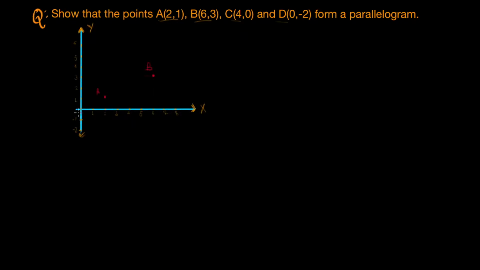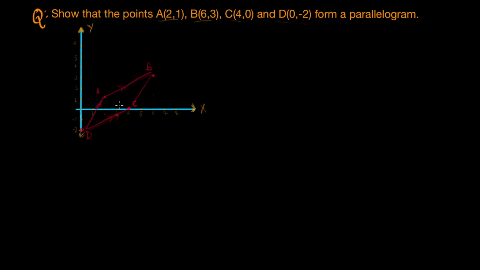For C, we do the same thing. We go 4 units along the x direction and 0 along the y. That leaves us right at the x-axis, and this is point C. For D, we go 0 units in the x direction, so we don't move in the x direction. We just move in the y direction, but in the negative. So we go 2 units below the origin, and that is our point D. The parallelogram they asked us to show is this: A, B, C, D, and A. So this is our parallelogram, which as we can see is in fact a parallelogram,